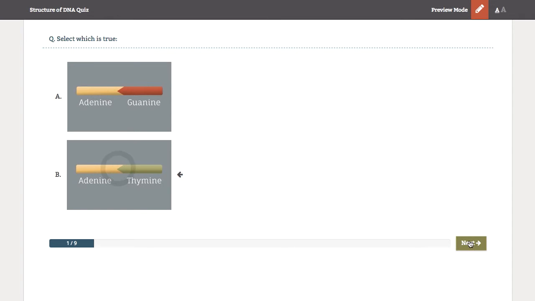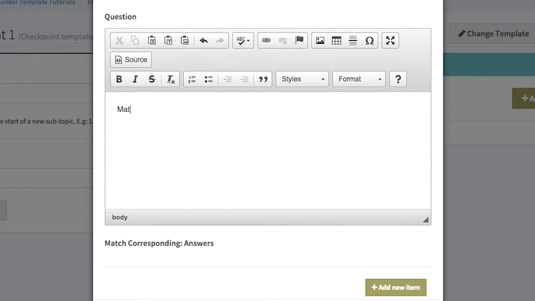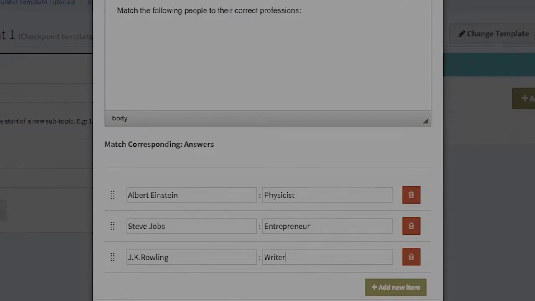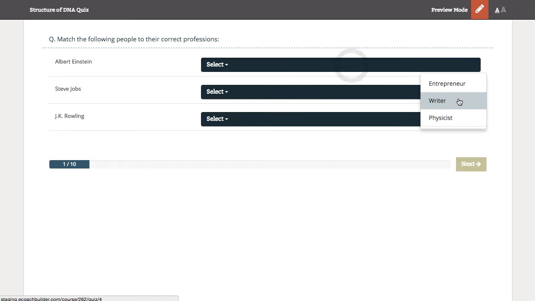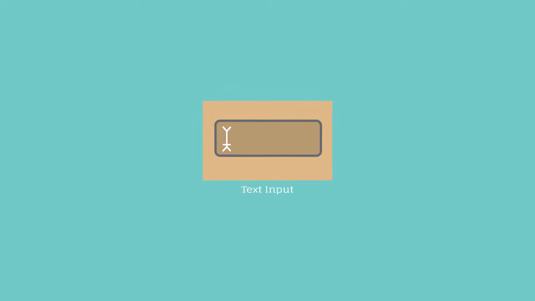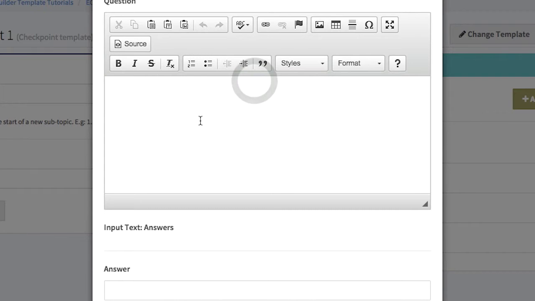symbols, faces, or similar. The Match Corresponding question type is a little bit different again. After adding your question text or instructions to the learner, you will need to add pairs of matching text, for example, related concepts, definitions, or ideas. Depending on the way you construct your question, you could also add conflicting or contrasting strings of text that need to be paired. The Input Text question type allows you to construct a single question where a written answer needs